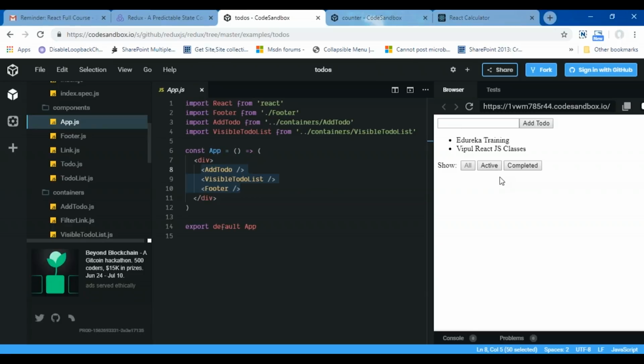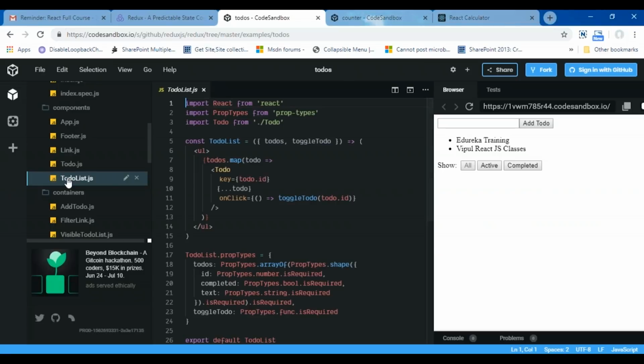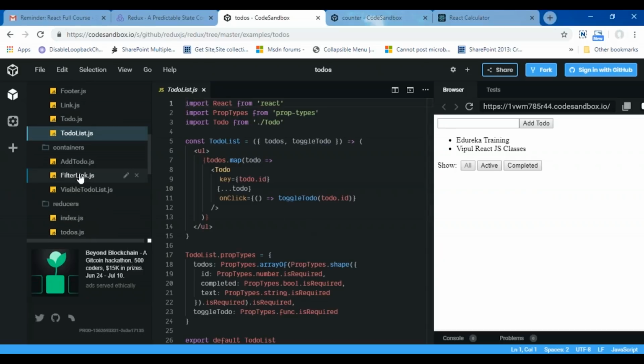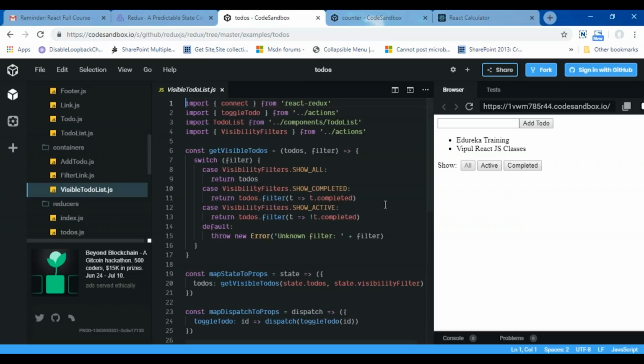Now let's talk about designing the container components. Why do we need container components? We need container components to connect the presentational components to Redux. For example, there is a presentational to-do list component, I showed you this to-do list. Now it needs a container like visible to-do list. So I have a container component, for example visible to-do list, which is showing me the visibility of all the to-dos which are there on the screen. The presentational to-do list component needs a container like visible to-do list that subscribes to the Redux store.